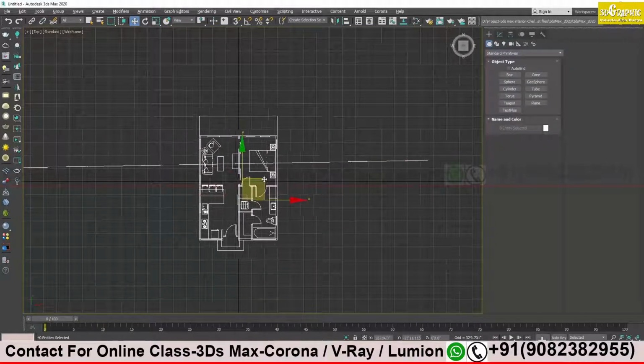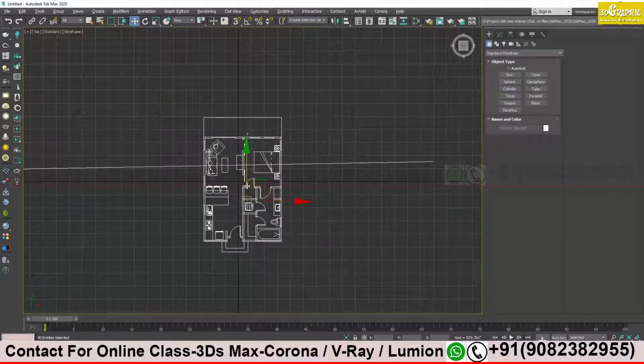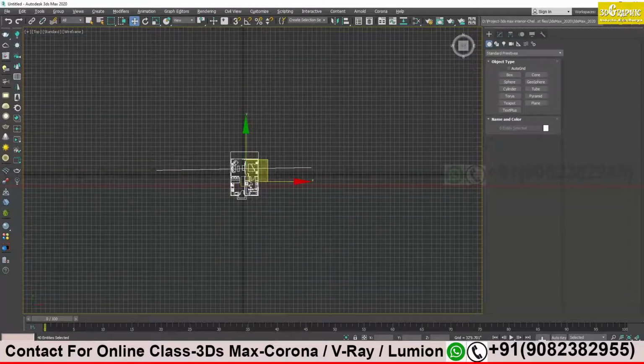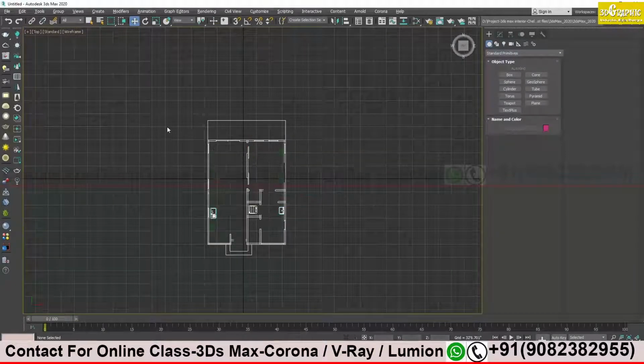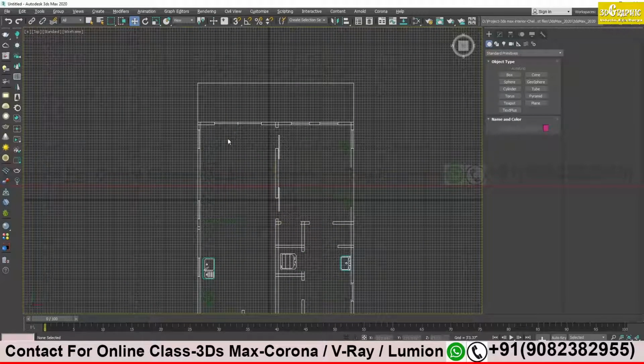Now my AutoCAD file is at my center, the zero axis. You see this plus line. The CAD file should be at the center like this. Before doing anything else, try to group this. If I click outside, you see I have different objects. First, there is a grid, and I'm not able to see it properly.